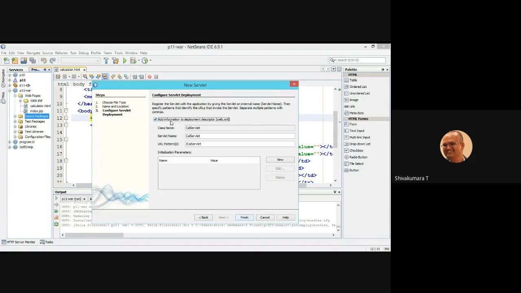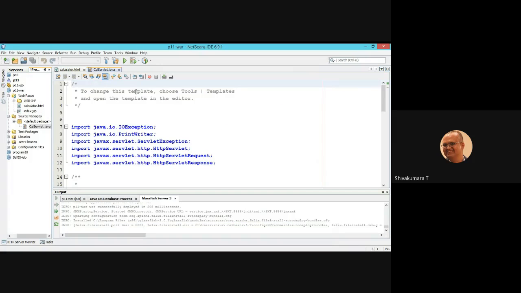You need to select this option for the corresponding servlet to be called. Otherwise, if you do not configure this selection, it will throw a not found exception. Very important step: add information to deployment descriptor. You check the checkbox. Then finish.